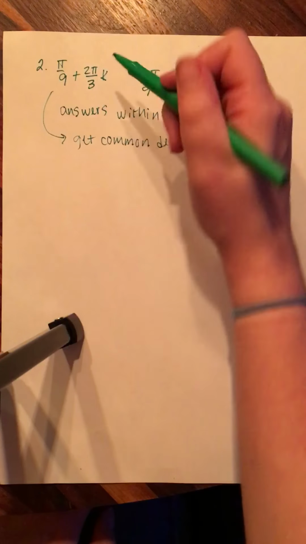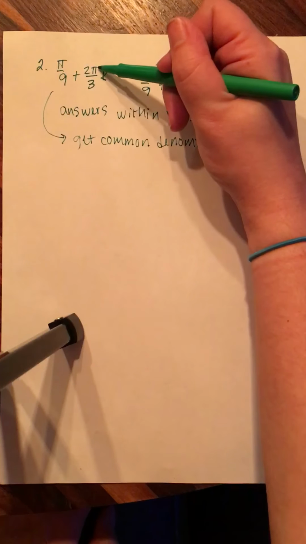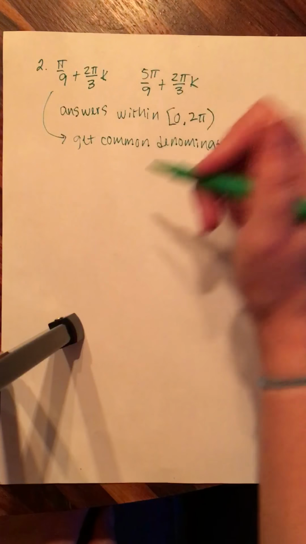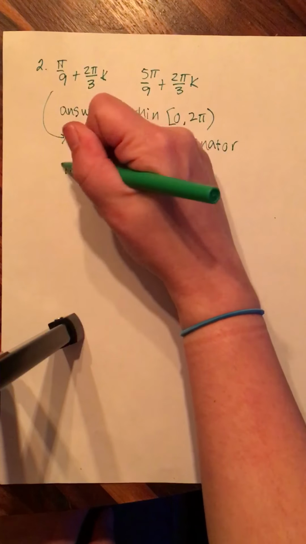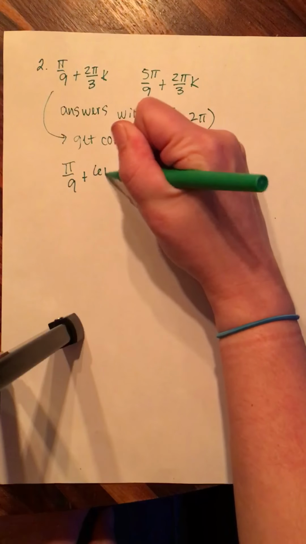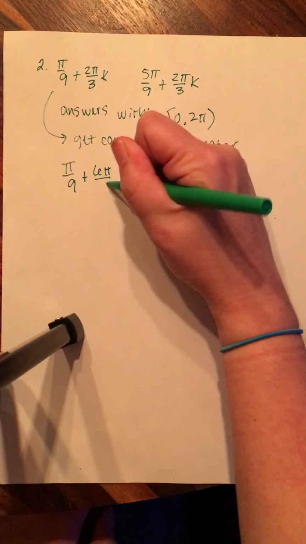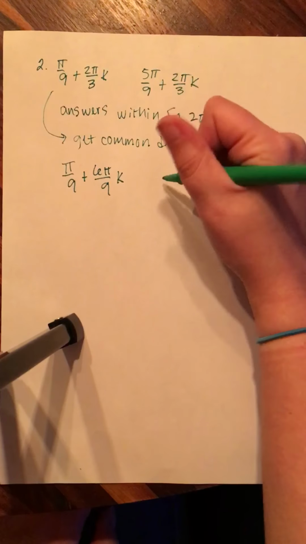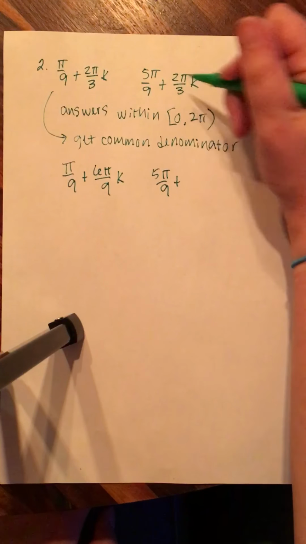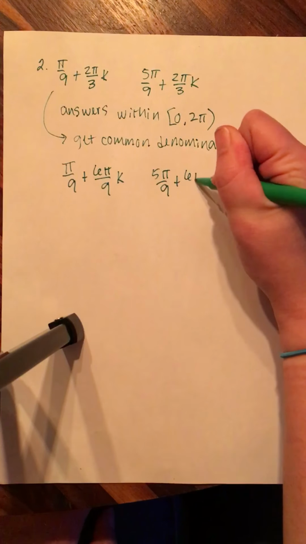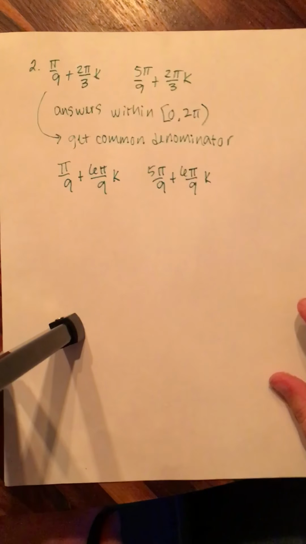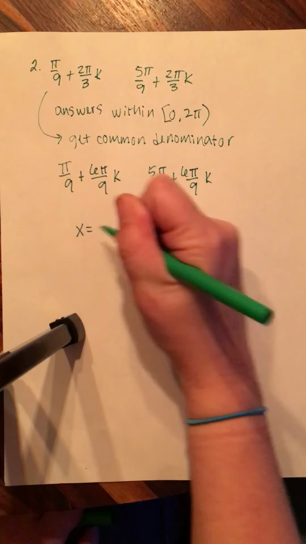Okay, so I could multiply top and bottom of this fraction both by 3. That would give us pi over 9 stays the same, plus 2 times 3 gives us 6 pi on the top, 3 times 3 gives us 9 on the bottom. Okay, and then do the same thing here. So you'd have 5 pi over 9 multiplied by 3 over 3, you get, again, 6 pi over 9. Okay. So when we go to list our answers,